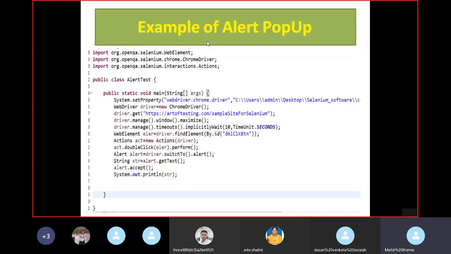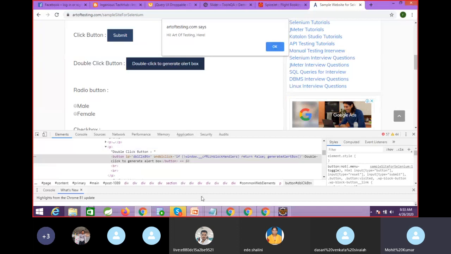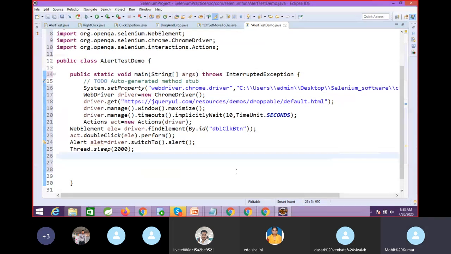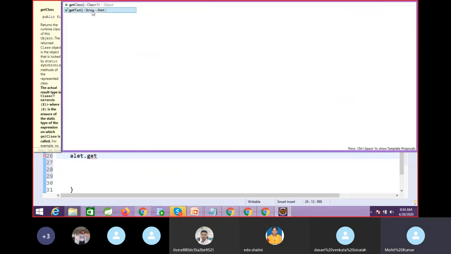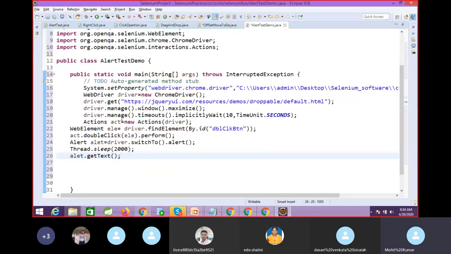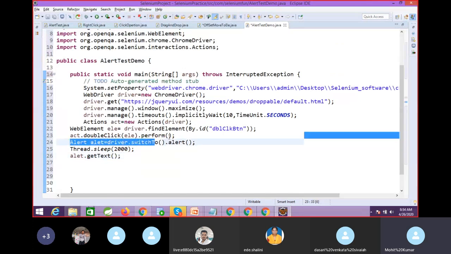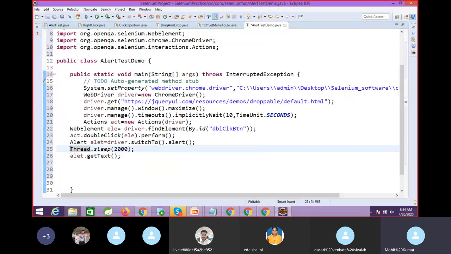So I'm going to use the getText method. From alert also we can call this method, right? Dot getText. We are already on the pop-up because of this line of code. Now again I wait for 2 seconds here, and I am going to verify that text.